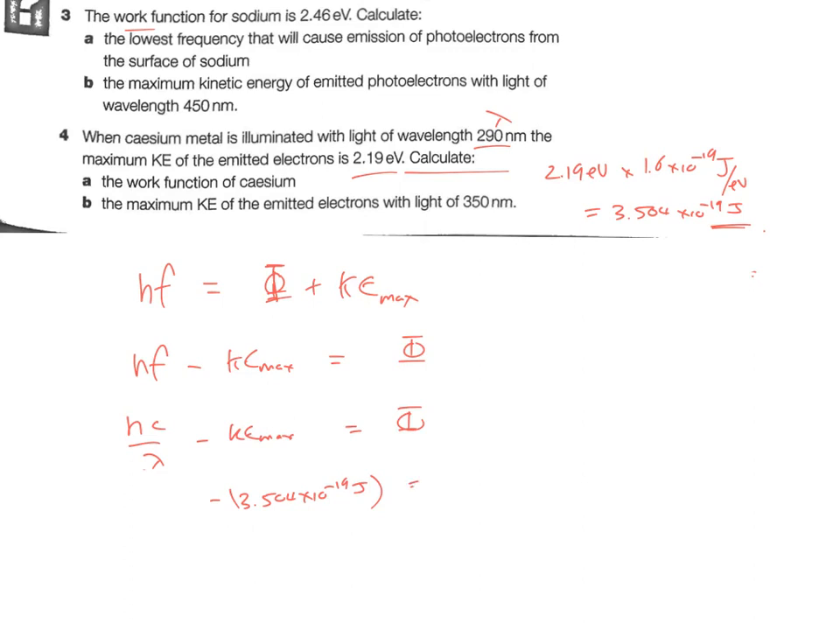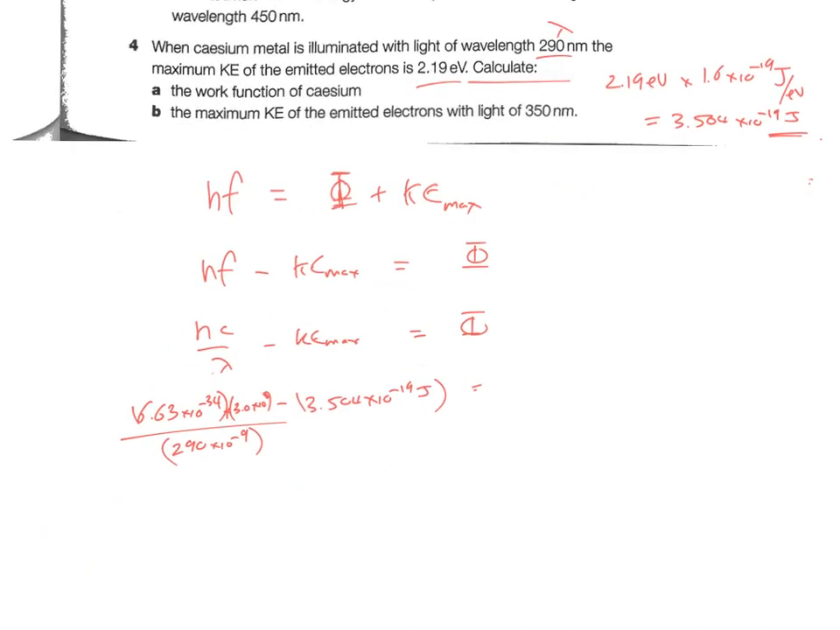Let's put in the numbers we've got for over here. So Planck's constant, 6.63 by 10 to the minus 34, multiplied by the speed of light, 3 by 10 to the 8. Divide the whole thing by the wavelength, that's 290 nano, so by 10 to the minus 9 meters. And if we put all that together, we can do it in sections. We've got here 6.86 by 10 to the minus 19 joules, minus the 3.504 by 10 to the minus 19 joules,